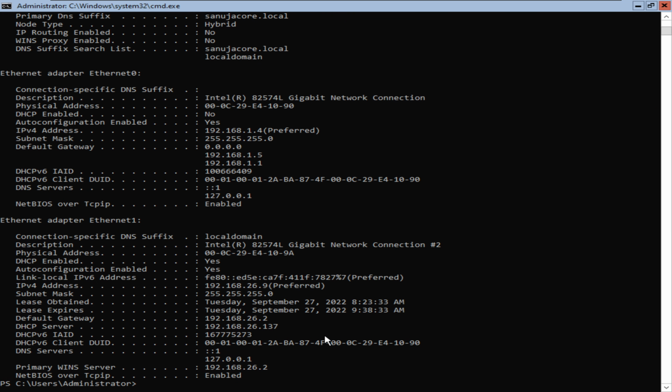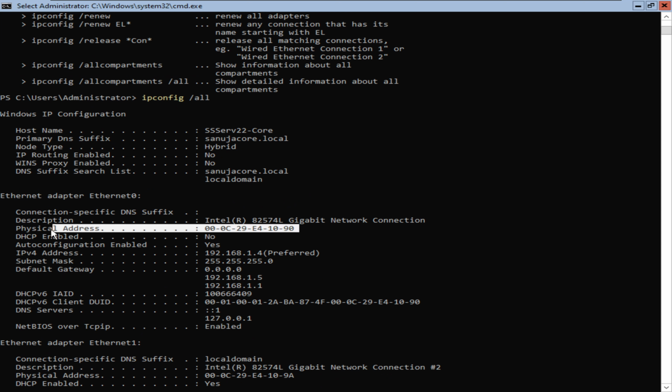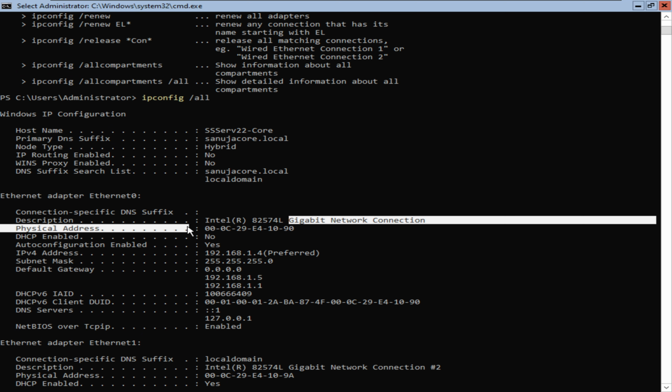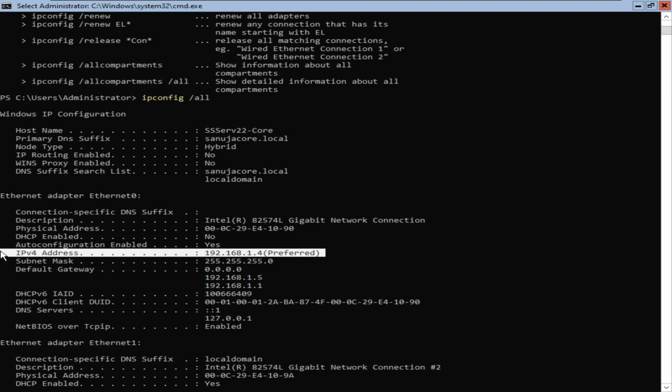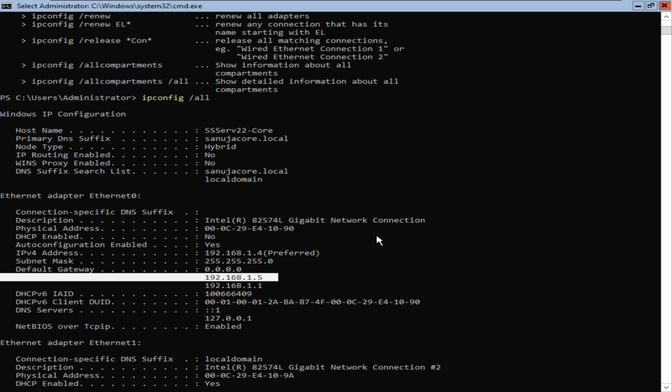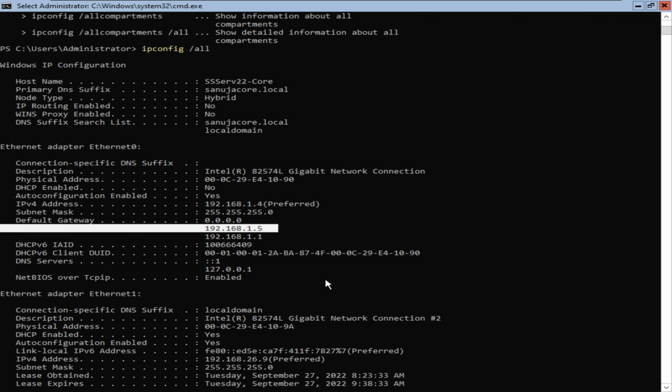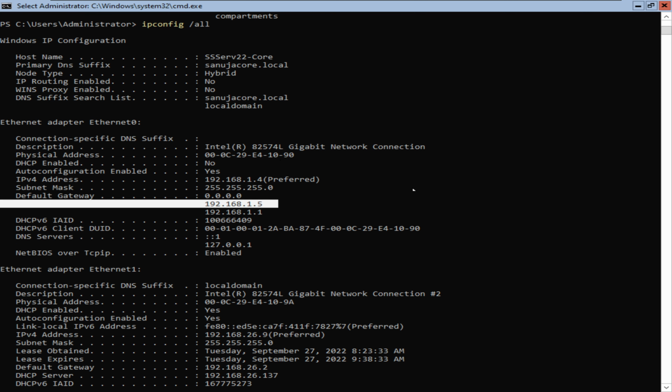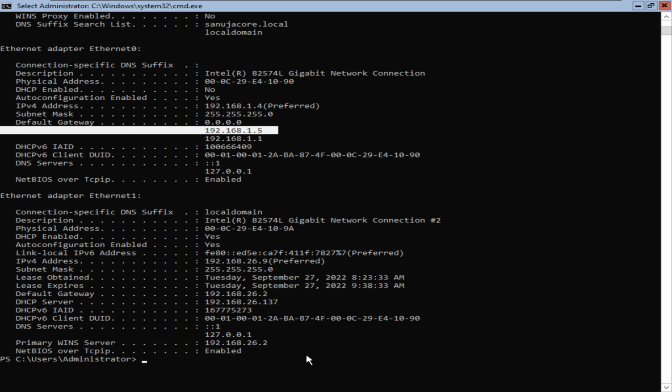ipconfig /all, and right now if you go back to that interface with this physical MAC address, you can see the IP address now has been changed. So now we have 192.168.1.4 with the default gateway we just entered, 192.168.1.1. There's a second default gateway here because I have entered a second default gateway. And in my next video, I will show you how you can remove default gateways using Windows PowerShell. So that's how you can bypass the DHCP release issue, the